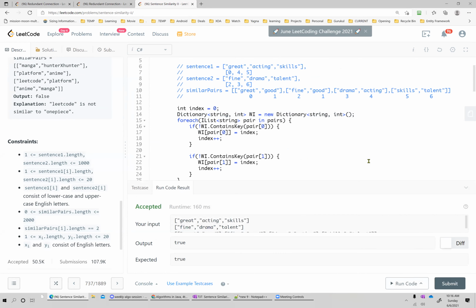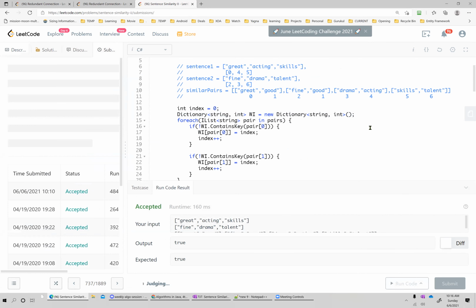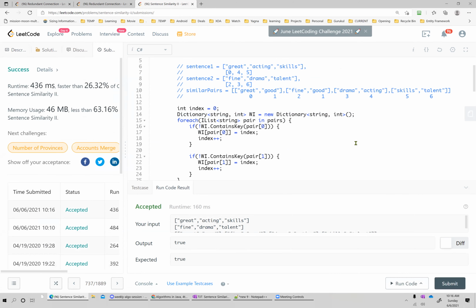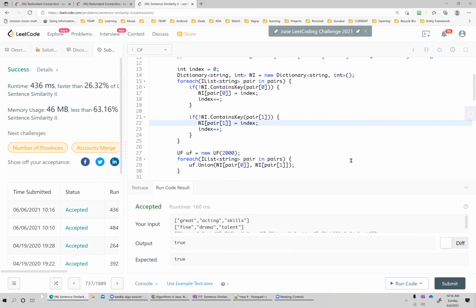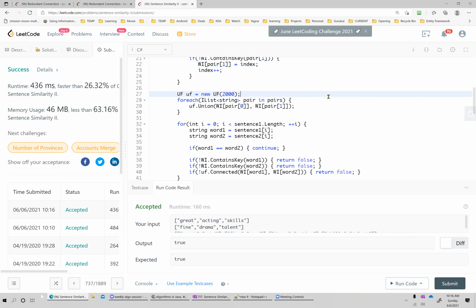You can always ask the interviewer for a constraint and then just use that constraint. It doesn't make much difference, it is exactly kind of the same. That is slightly better, 484 and 40.